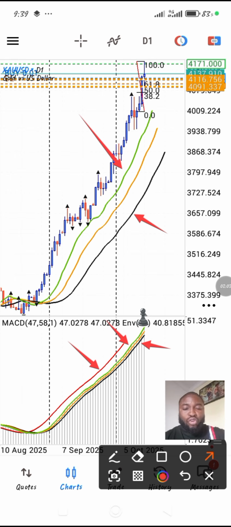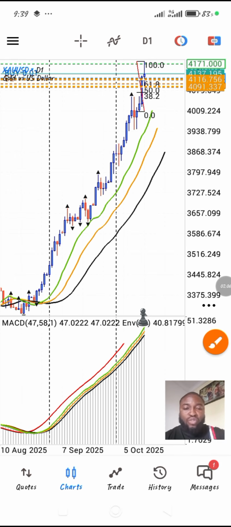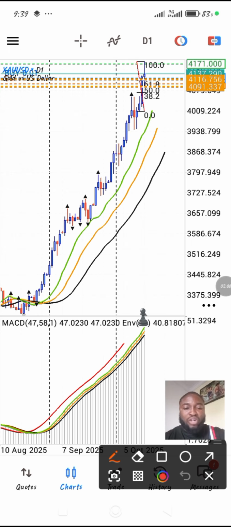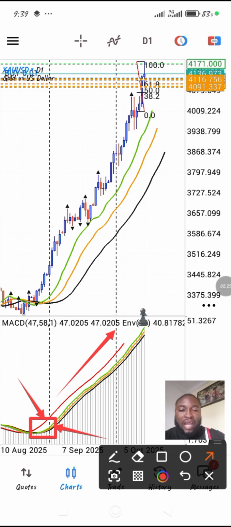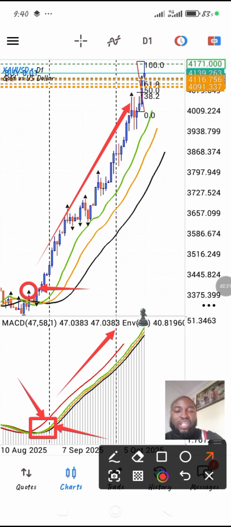Firstly, let me show you how we use this strategy to buy and sell. Here is the daily time frame. This is the major reason why I call it positioning trading strategy. Okay, now look at this cross here. You can realize that our envelope crossed the Alligator from downward towards uptrend, and here we realize there is a breakout of an uptrend fractal around here. That is where you are going to take your position for buying,